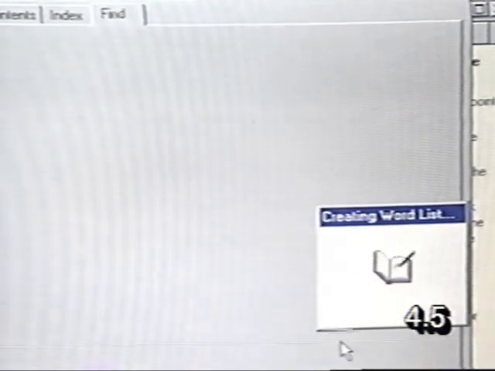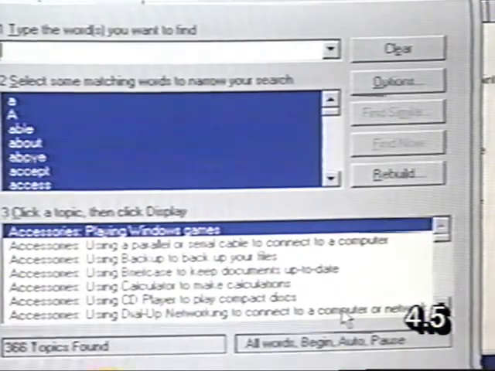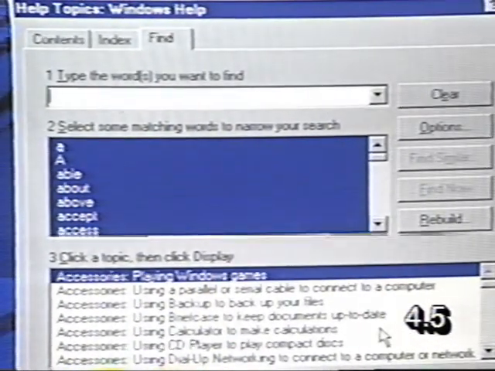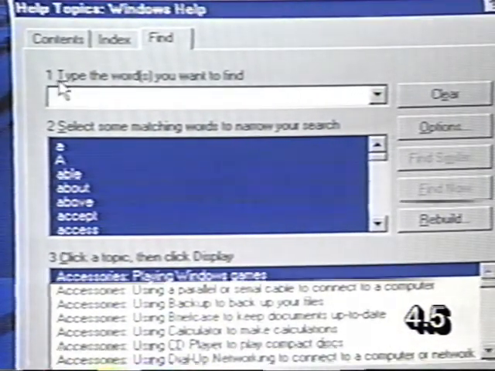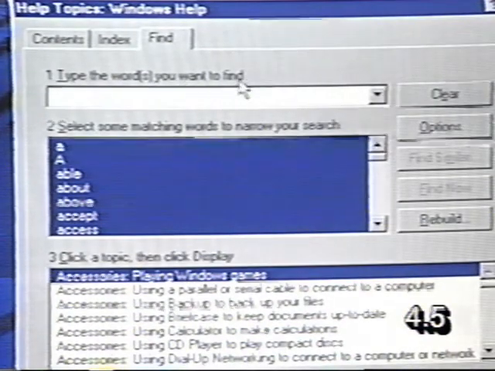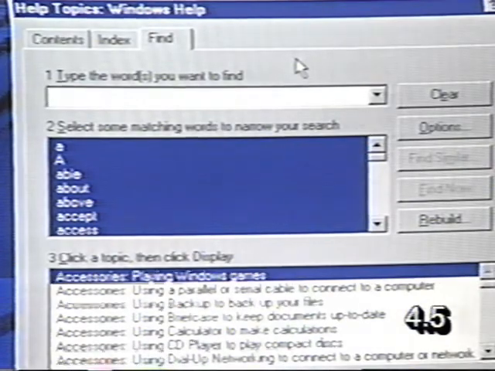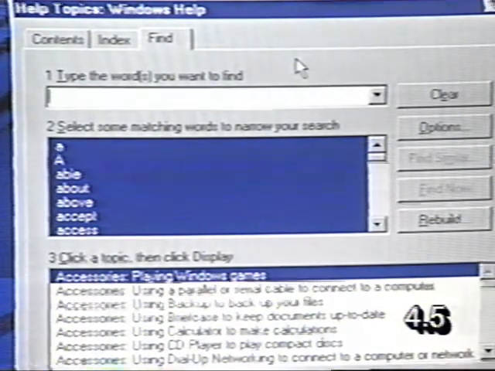And Windows 95 is creating a word list. Once it's completed, we'll be able to go ahead and use the Find feature of help. And the Find feature now becomes available. There's different steps involved. First of all, we need to type the word or words that we want to find. We can go ahead and type in